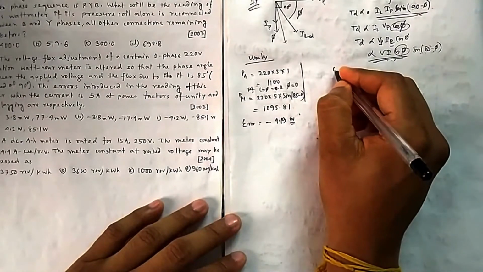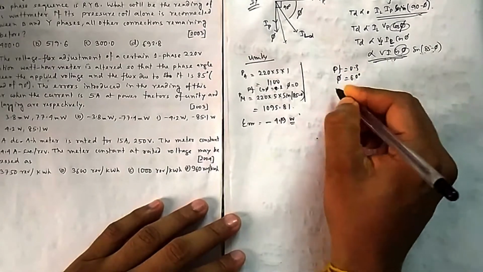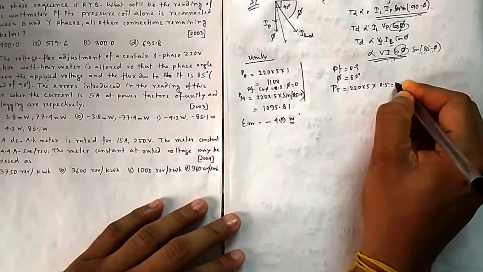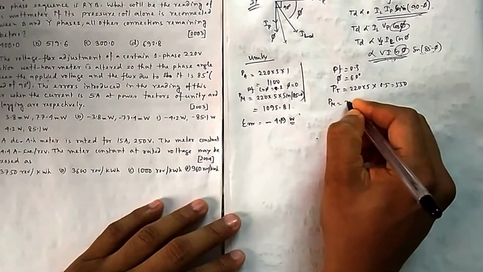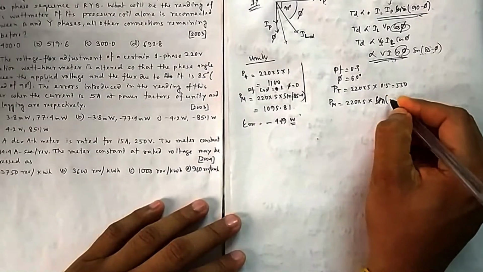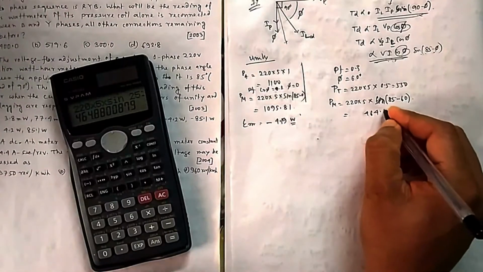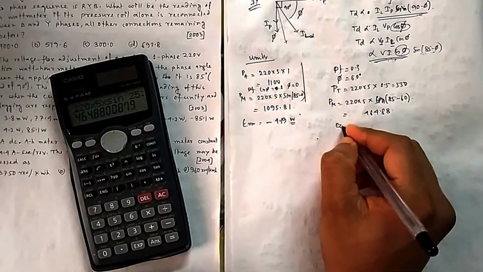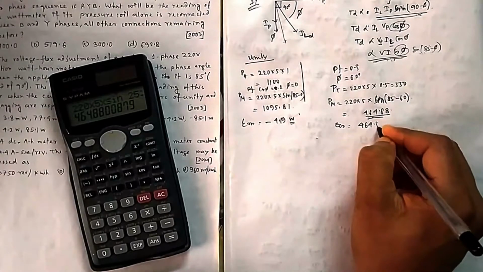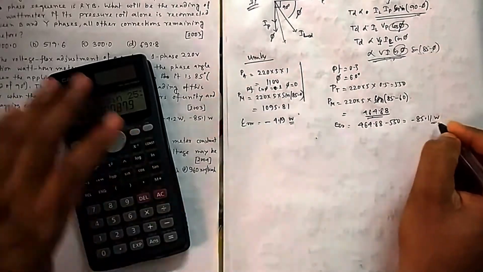And in case cos phi is equal to 0.5, power factor is 0.5, that is phi is equal to 60 degree. Then what is your true power? It is 220 into 5 into cos phi, 0.5, which is your 550. What is your measured power? 220 into 5 into, not cos, it is sin 85 minus phi. If you do this, you will get 464.88. Again you are measuring a small amount. Error is measured value minus true value always. It is a negative error, so the error will be minus 85.11 watt, which is your option C.